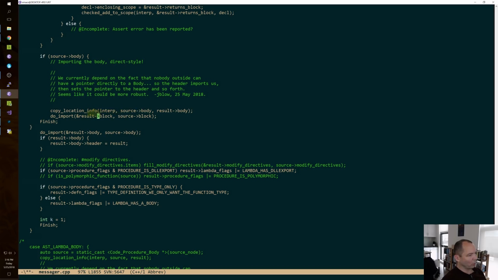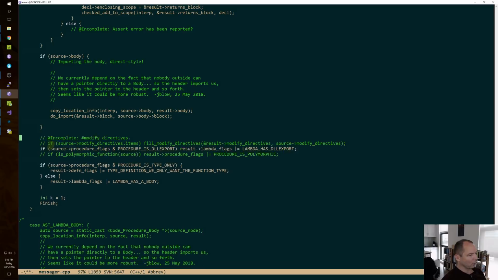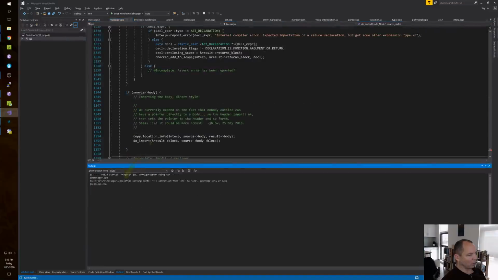Result arrow block. That's right. Source body block. And we don't actually need to set that pointer. Okay, who the hell knows what's going on? I certainly don't, but we compile again,